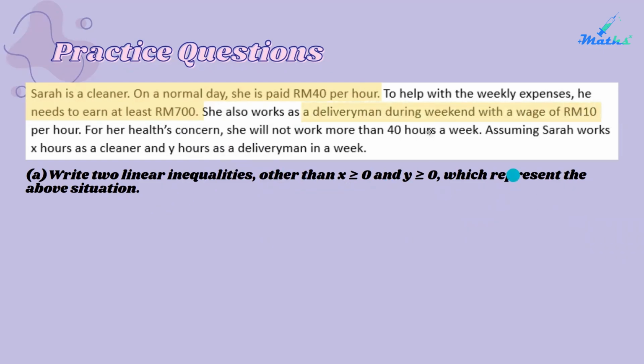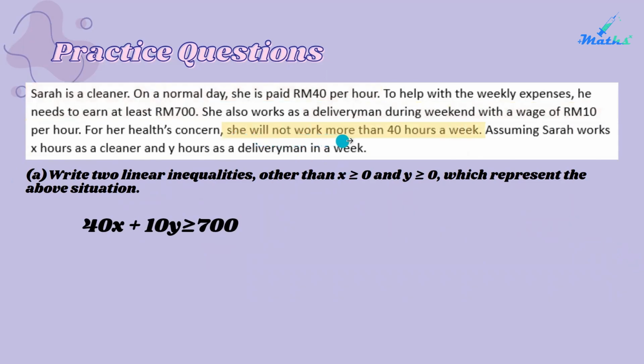And next, a delivery man during the weekend with a wage of 10 ringgit per hour. So the y should be 10y. So the linear inequality should be 40x plus 10y more than or equal to 700. So here is the answer for the first. And the second one,